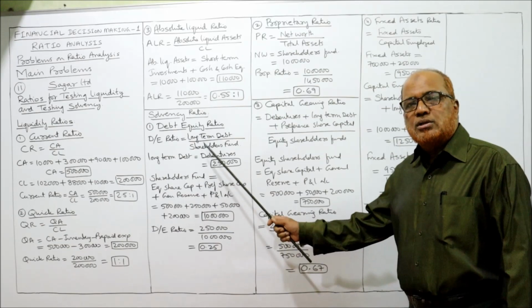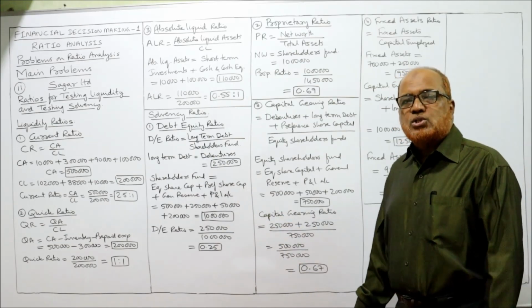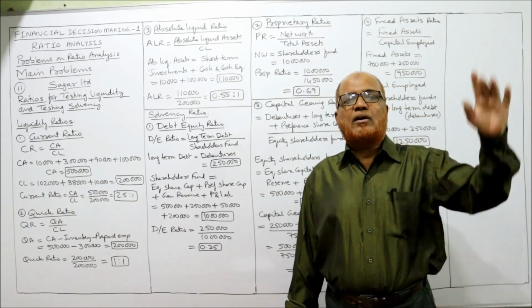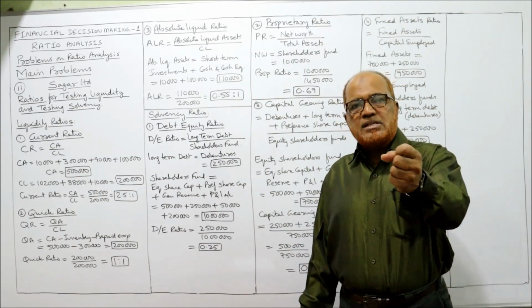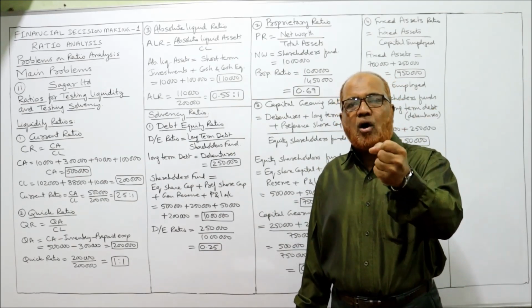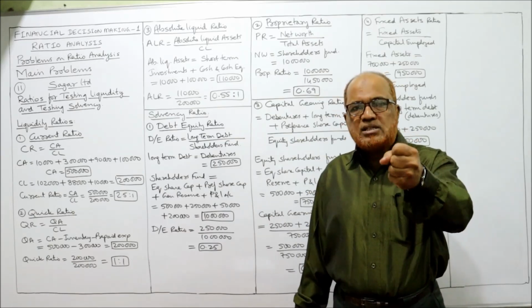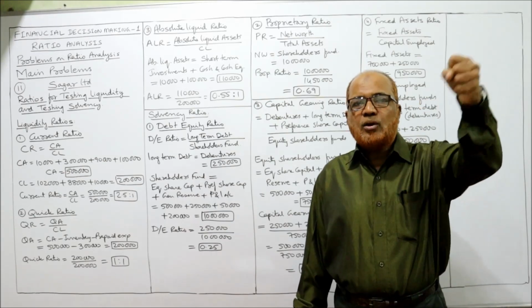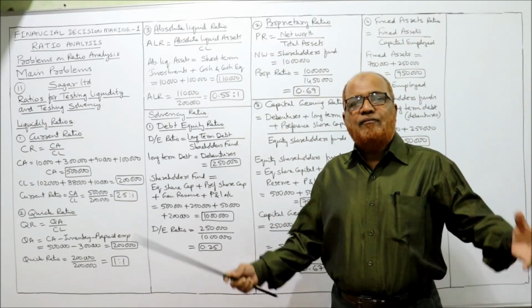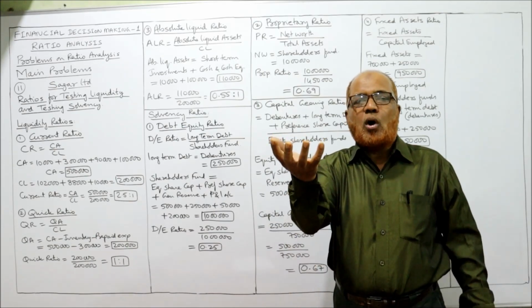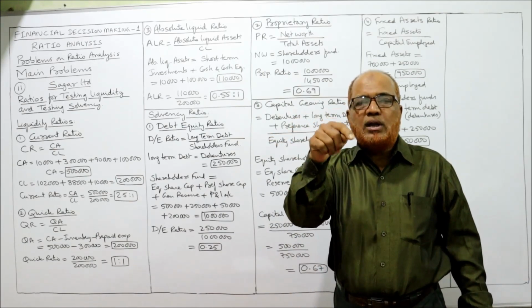Now I am coming to solvency ratio. Solvency means whether the business can go on for a long period of time or not. Whether the business is having sufficient long-term funds or not. If the business is financially sound, then it can go on for a long period of time, if it is having a good combination of owner's fund